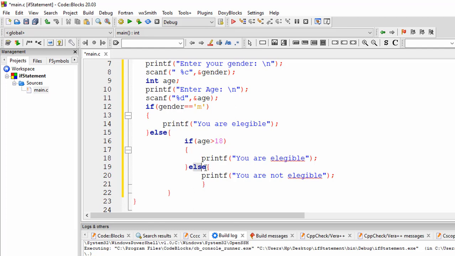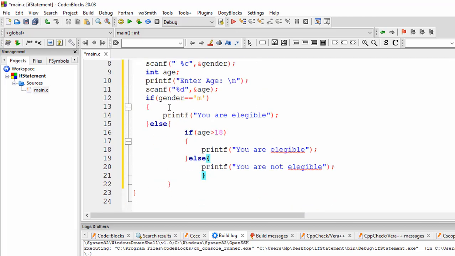It can also be multiple lines of statements here, like an else if ladder. We can also use an else if ladder inside this. Okay, if we have conditions like that, we are using an else if ladder, so we can use it in this. Similarly, we can also make a nested statement in the above if on the true condition. So I can write here